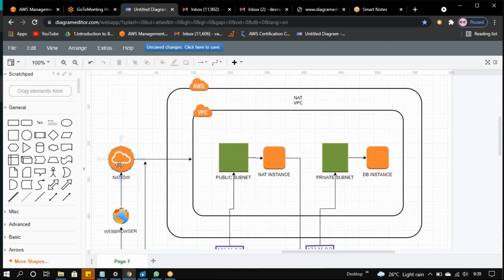We have to attach this NAT gateway to this VPC. When our instance is hosted in a public subnet, then it will be exposed to the internet.